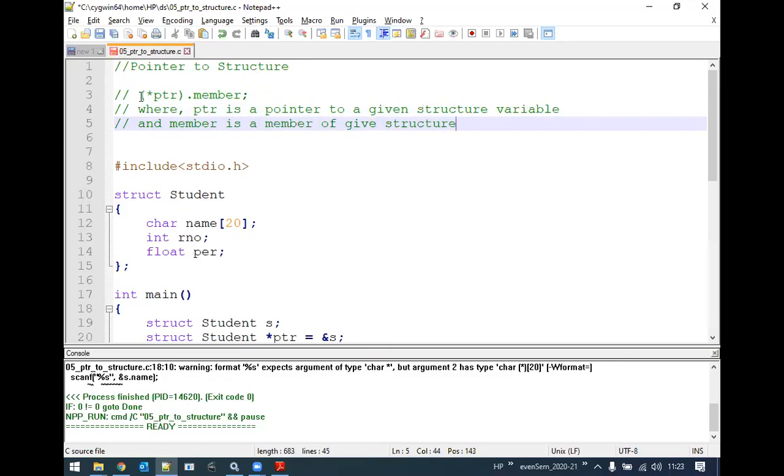So this will give you the marks. This is the syntax for accessing a member by using a pointer. Okay. Followed, students?